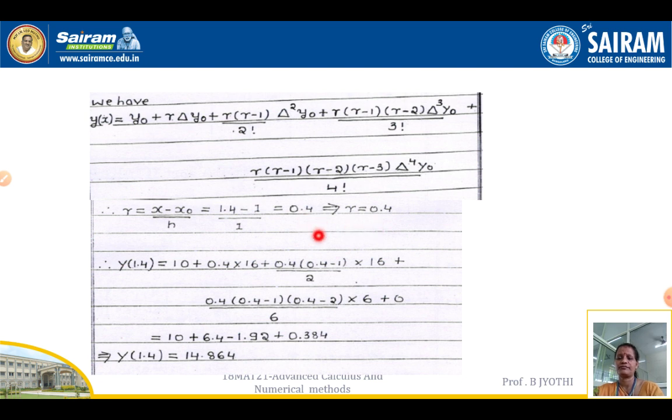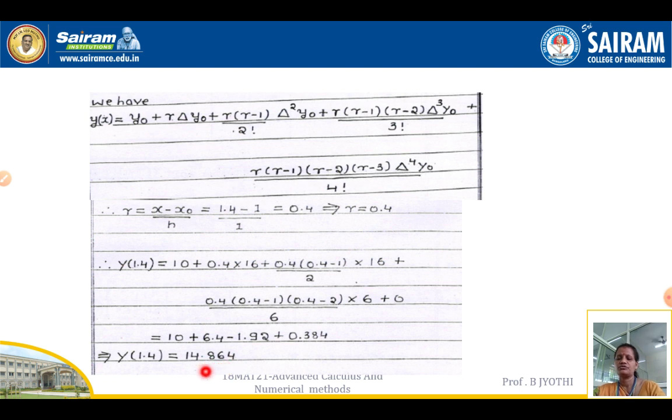Therefore r is 0.4. Now to find out y of 1.4, it is 10 plus 0.4 into 16 plus 0.4 into 0.4 minus 1 by 2 into 16 plus 0.4 into 0.4 minus 1 into 0.4 minus 2 divided by 6 into 6. The next term we are not going to calculate because del power 4 y naught is 0. Therefore this part we will not be writing. Now after simplification we are getting 10 plus 6.4 minus 1.92 plus 0.384, which on calculation we are getting